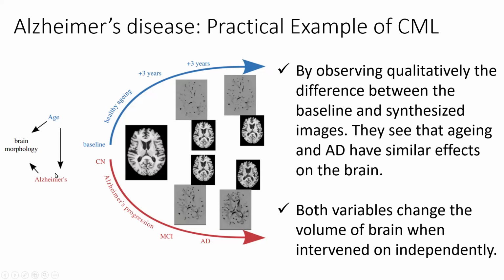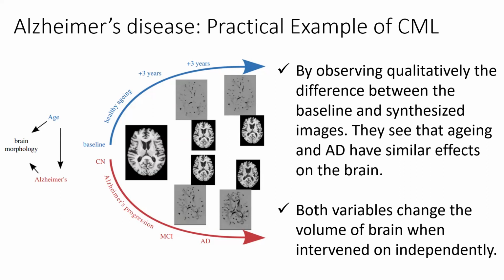So the causal graph on the left and the illustration of how the brain changes in MR images in response to intervention on age or Alzheimer disease status. The middle image used as a baseline is from a patient aged 64 years old